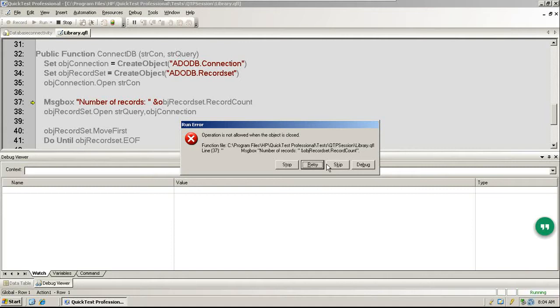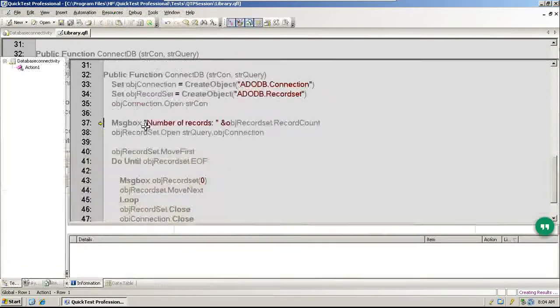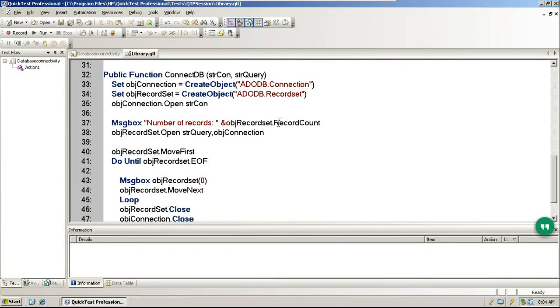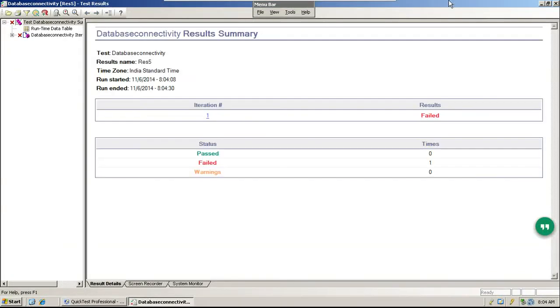That's understandable, because before opening the record set we cannot find out the number of records in it. Operation is not allowed when the object is closed. That means the object is not opened. Even before opening the object, obviously you cannot perform the operation. But the question is why it is showing -1.